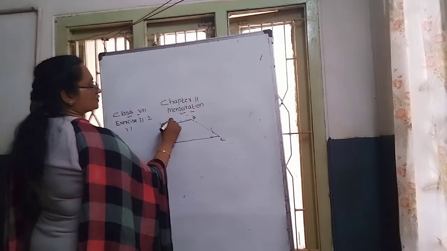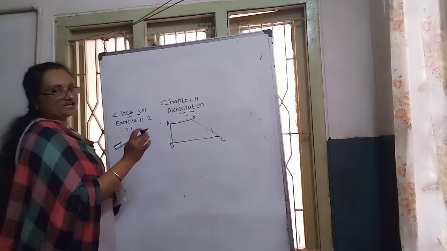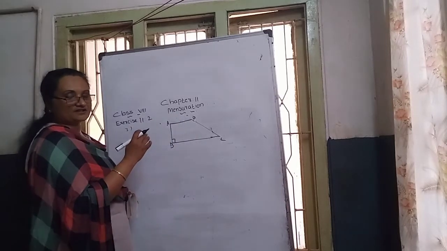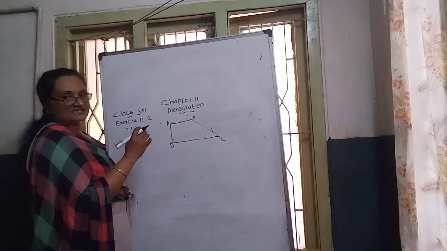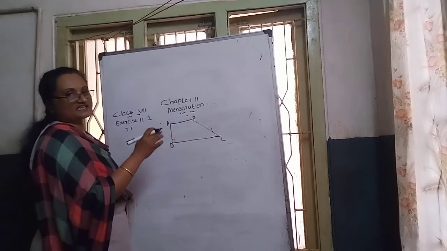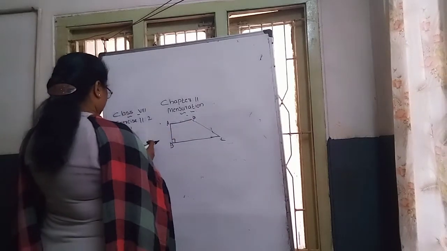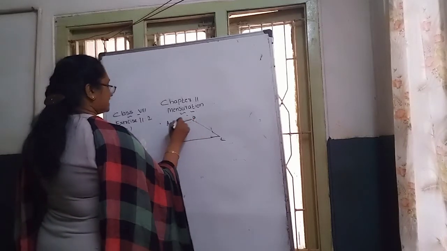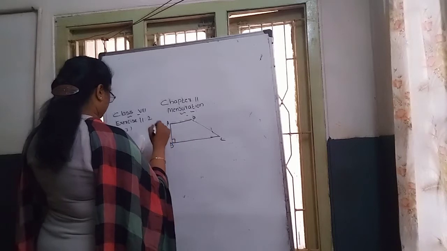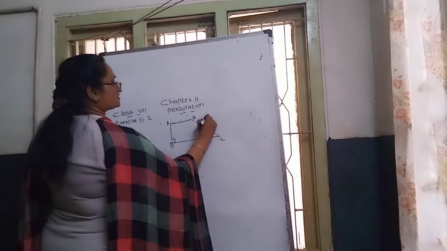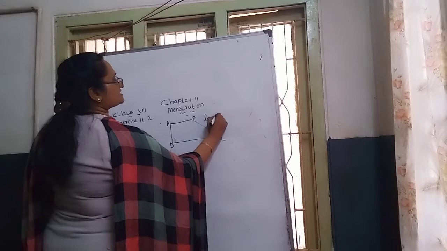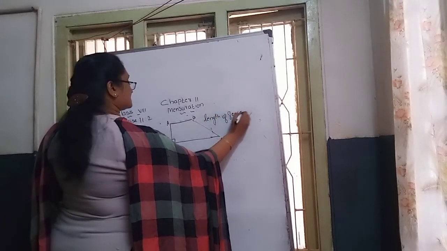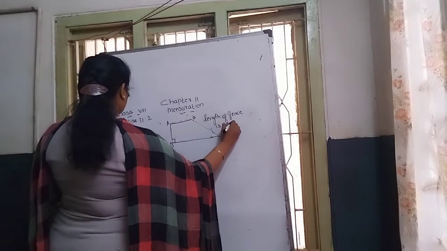The owner wants to do fencing, and fencing is done on the boundary part. Boundary part means it represents the circumference. The circumference is given as how much? 120 is given, for the shape A, B, C, D. Length of the fencing means circumference is given. The fence is 120 meter.